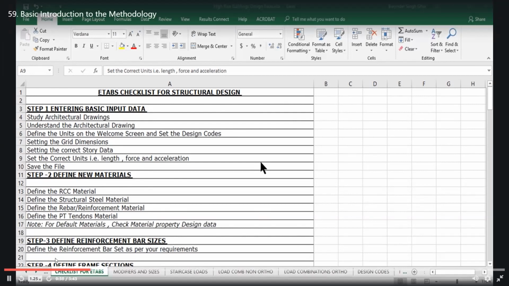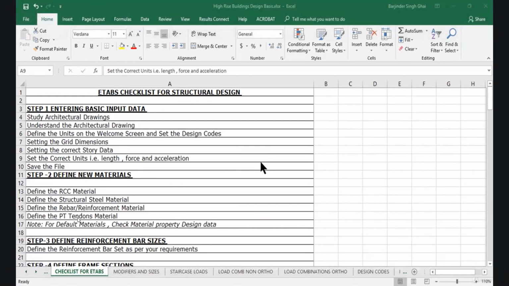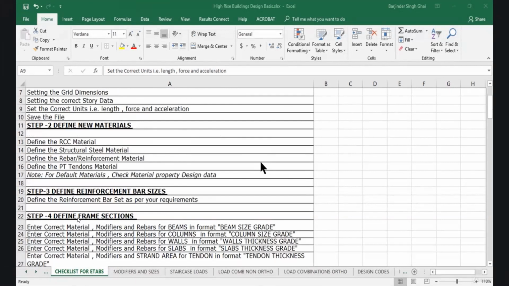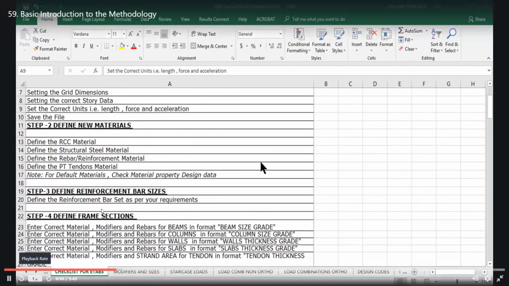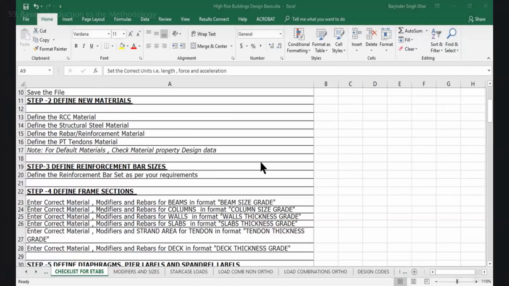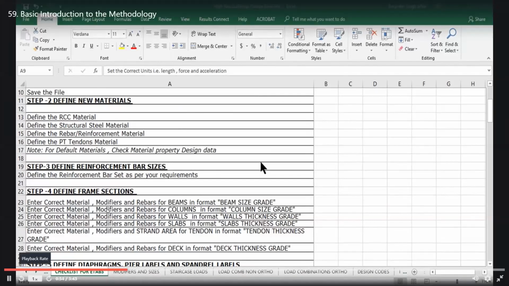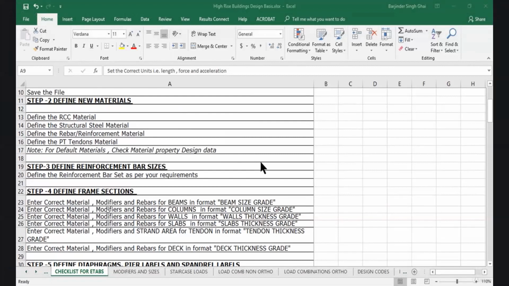Step 2 shall be to define new materials. That is, we should enter the RCC material property, structural steel material property, rebar material property, or PT tension property if our building is post-tension. Step 3 shall be to define the reinforcement bar sizes. Reinforcement bar sizes are different for different countries.